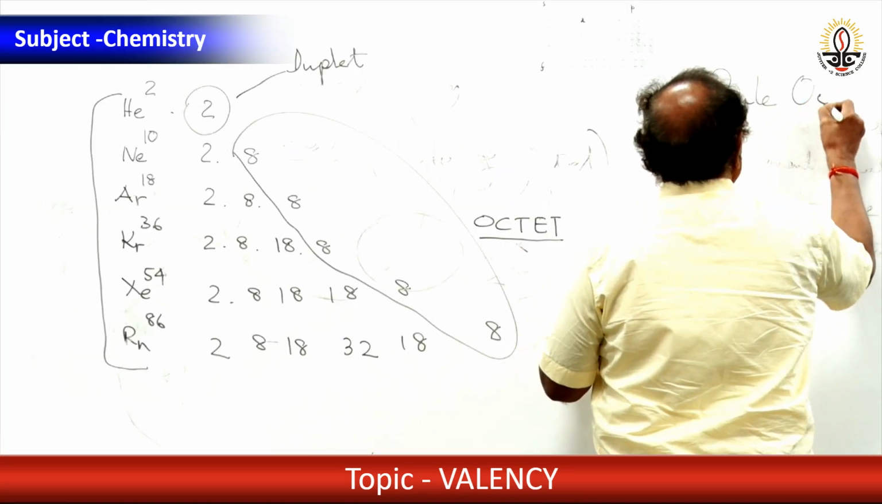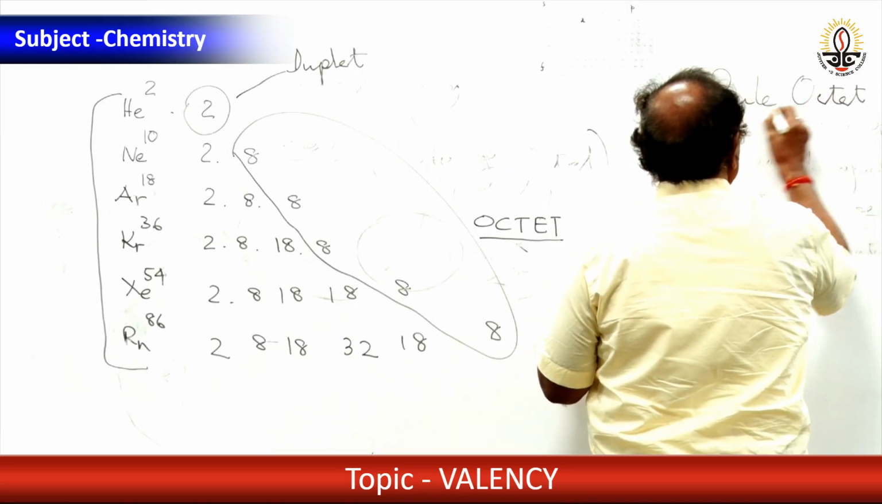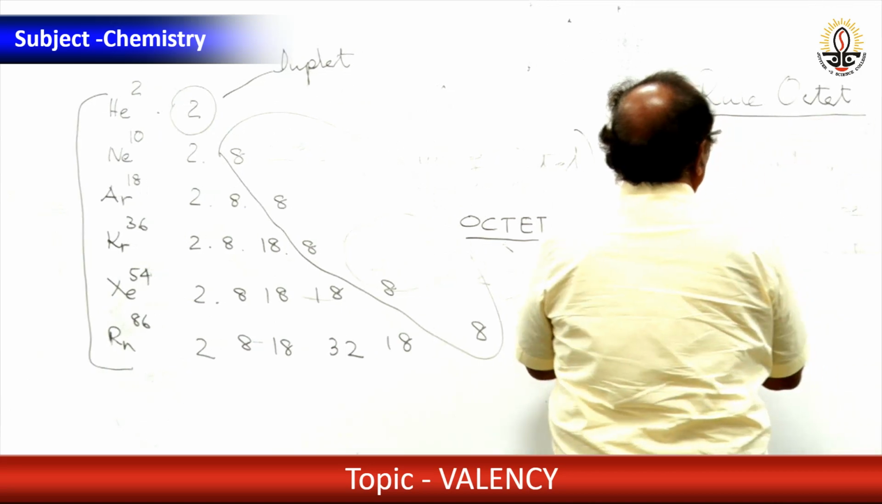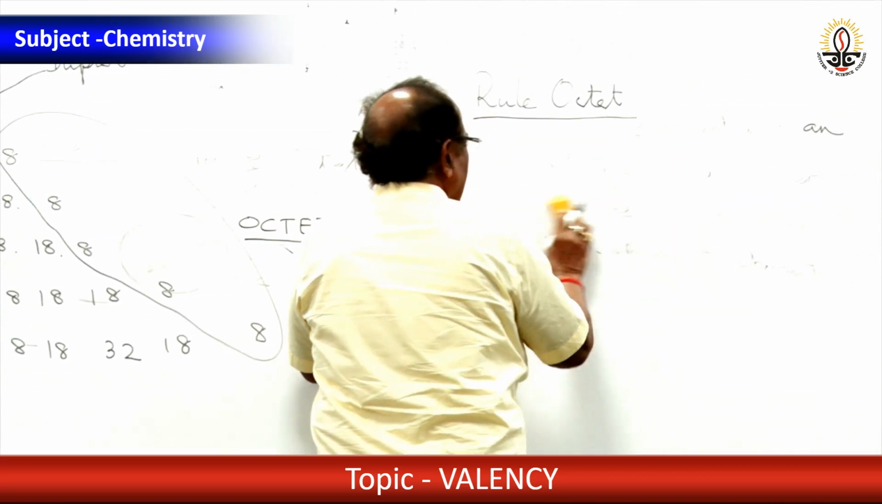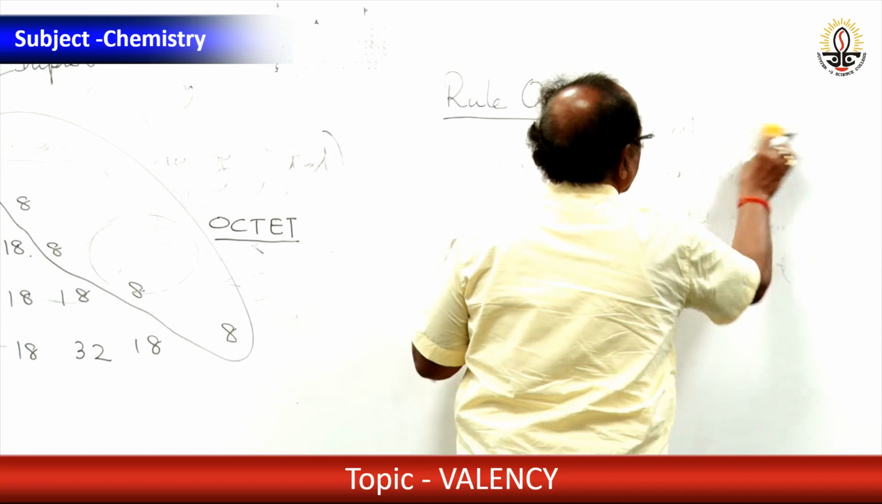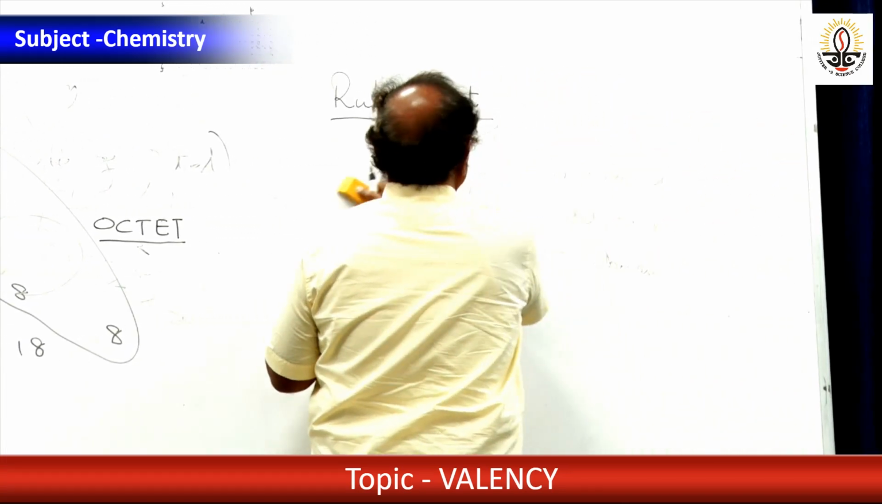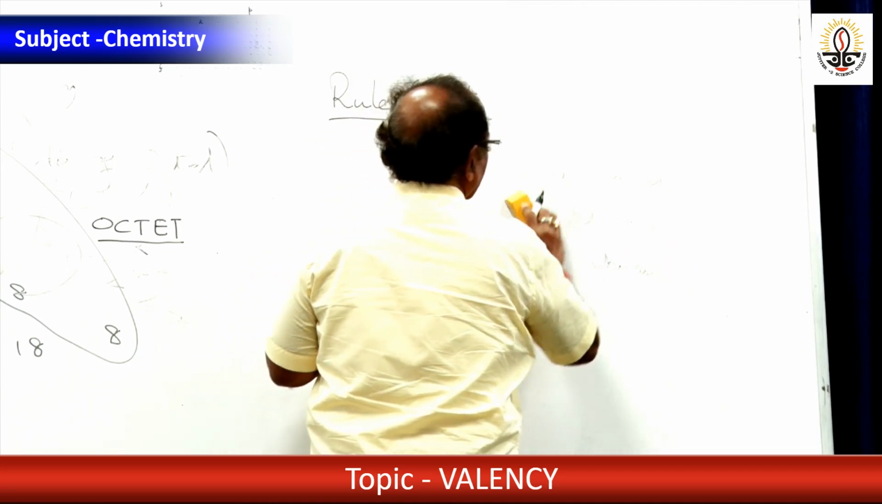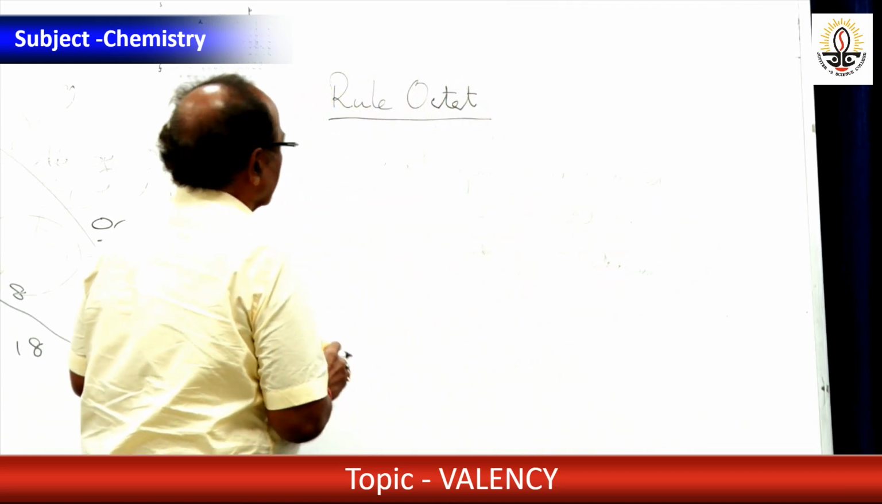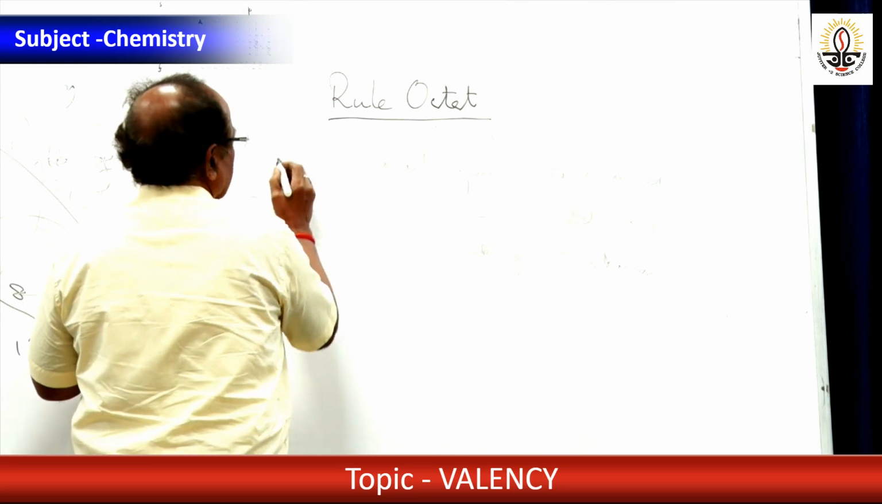Taking this observation, he came to a conclusion, and that conclusion is the rule of octet, which is the fundamental concept for this electronic theory of valency, which explains the chemical bond and all the developments that took place in the world of science. So, Kossel